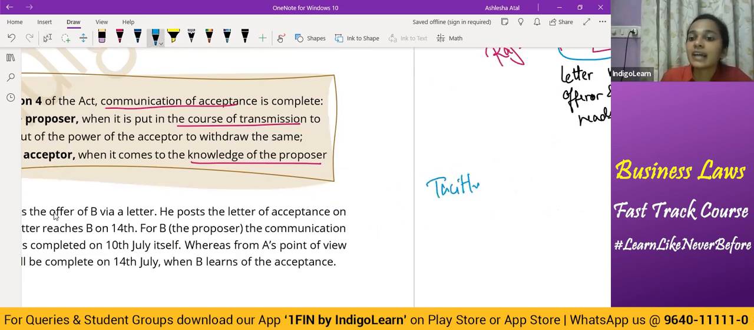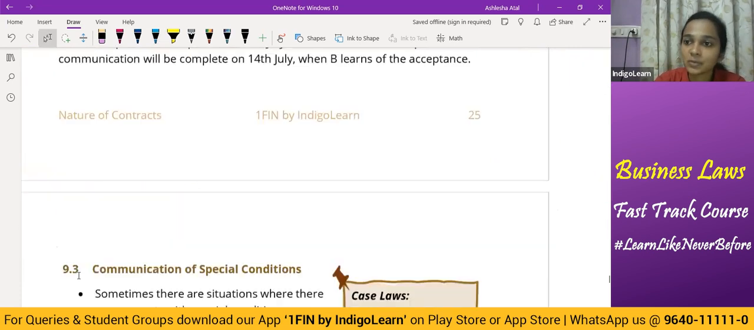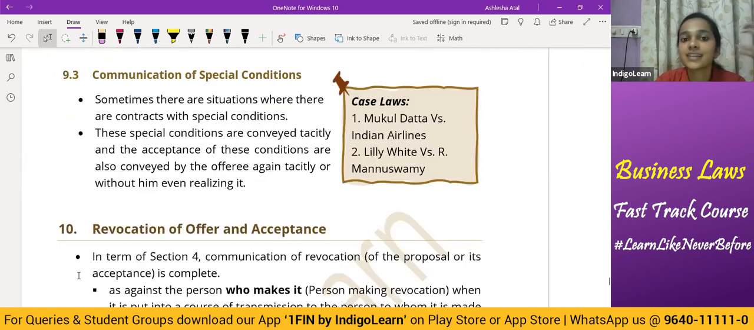Tacitly means silently. They are not communicated orally or in writing, orally or specifically. However, they're tacitly communicated, silently communicated, and it is assumed that these conditions are silently accepted as well. Now, whenever you